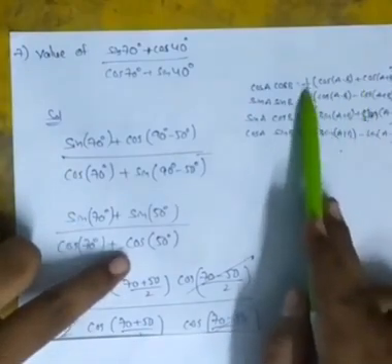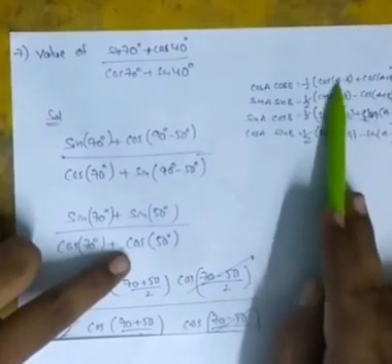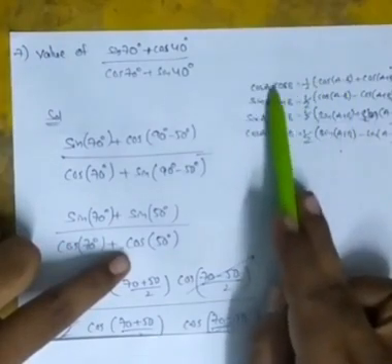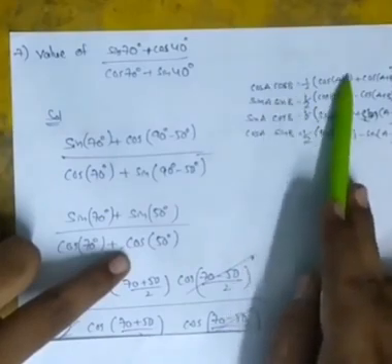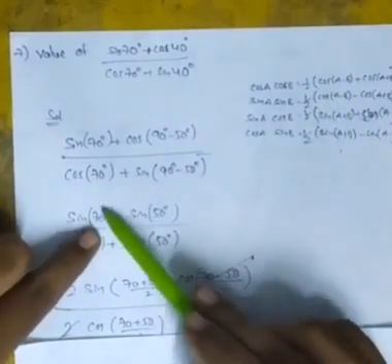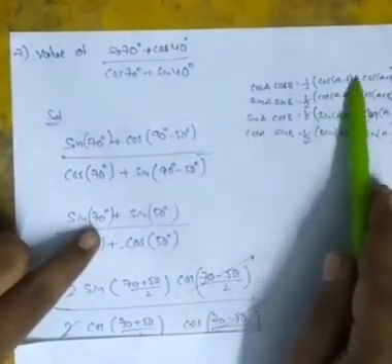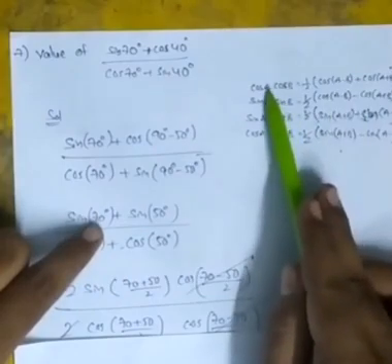So this 1 by 2 becomes 2. Inside it is a minus b. So the first term becomes a plus b by 2 and the second term a minus b by 2, because inside there are two terms, but in the question there is only one term. So here it is two terms, but here it is one term. The left side is one term, so this will change.